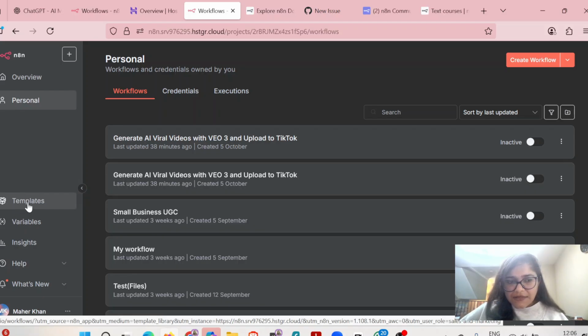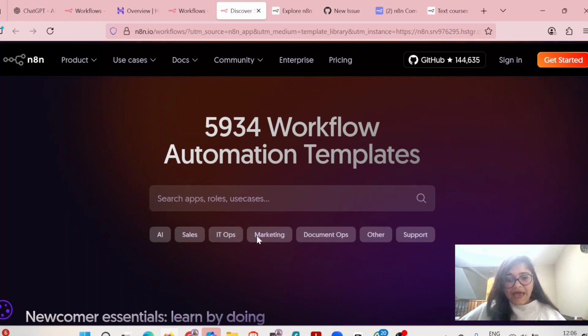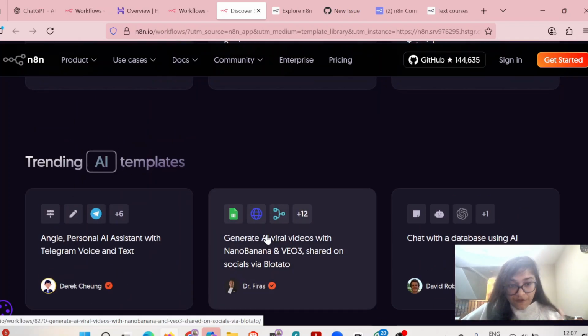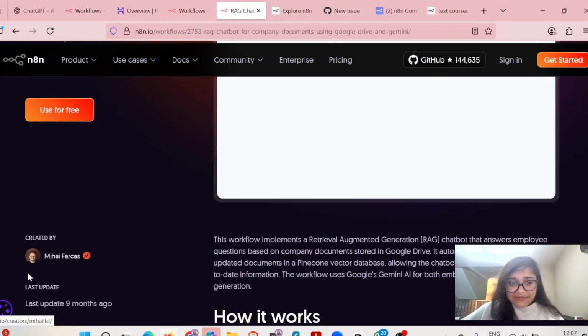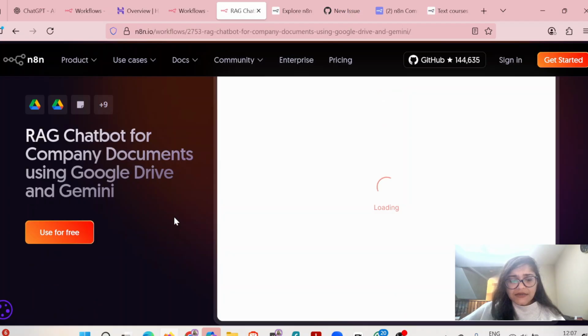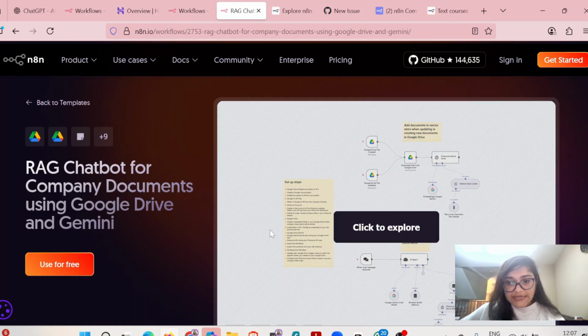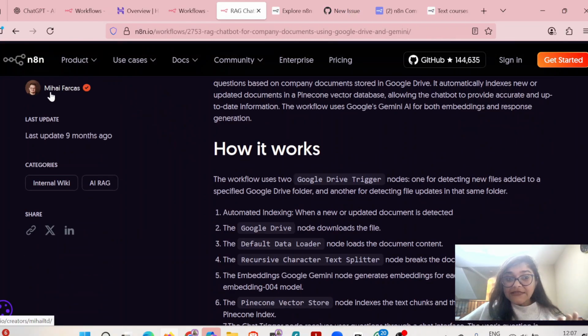As you can see, here are the templates, and this is the gold. A few months back it was 1500 to 1600, and in a couple of weeks now we have more than 5000 workflows. Salute to all these amazing people who are sharing their knowledge free of cost, which are tried and tested. For example, this workflow says use for free. N8N doesn't just accept anybody's template. They have set rules: you have to explain it, you have to give the steps, and there is a tutorial attached, and the details of the person.